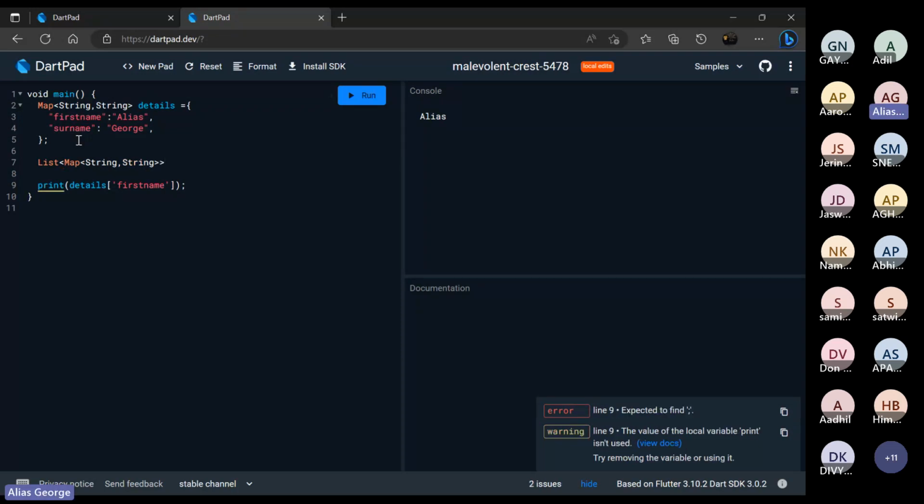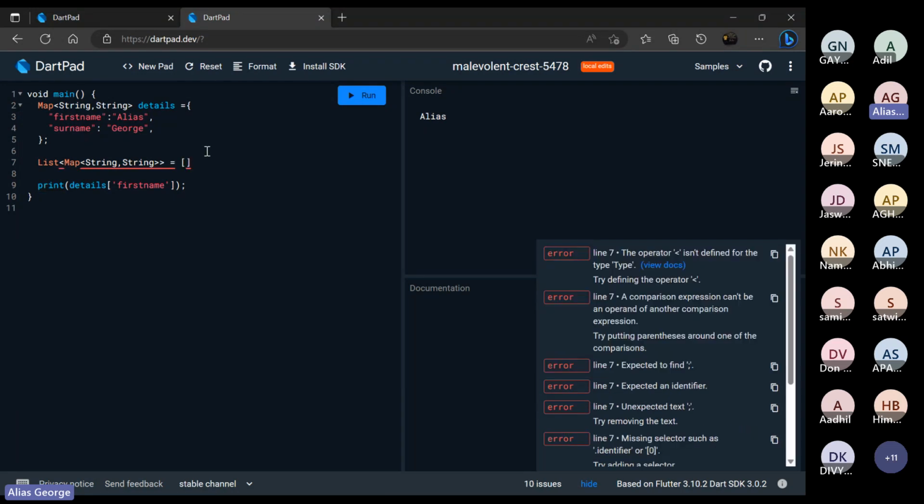So you can write the list using this. Then you can give the list name and put square brackets. Then you can use the add method, put the curly bracket inside the add method, and just add